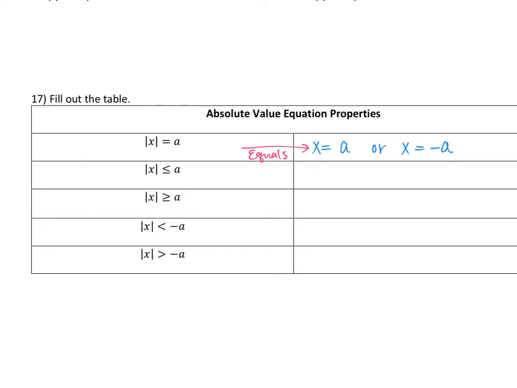For this one here, I want you to notice here's the absolute value, and this is facing away. Anytime it's facing away, you might remember me saying that there is only one equation. Away is meaning there's only one equation. So when you write this absolute value and you drop the absolute value signs, you have it facing towards the A, but then on the tail of it, you're going to write it as one equation. So on the tail, you're going to add in the negative A, because you have to consider the positive and the negative